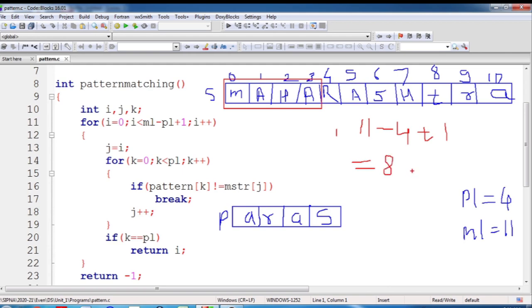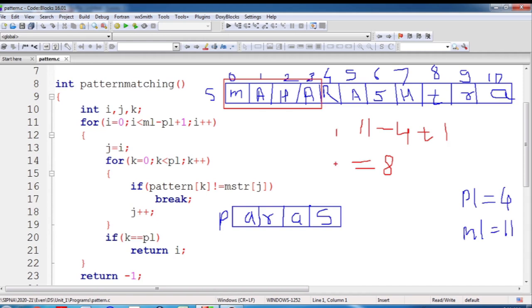So total 8 substrings of size 4 would be there, and the value of I will be 0 to 7. So 0 means first substring, when value of I equal to 1, second substring, when I equal to 2, third substring, and so on and so forth. When value of I equal to 7, then the 8th substring.